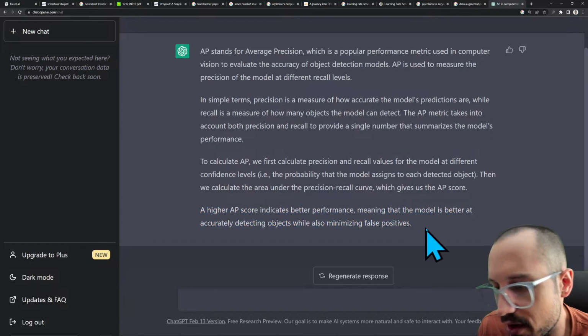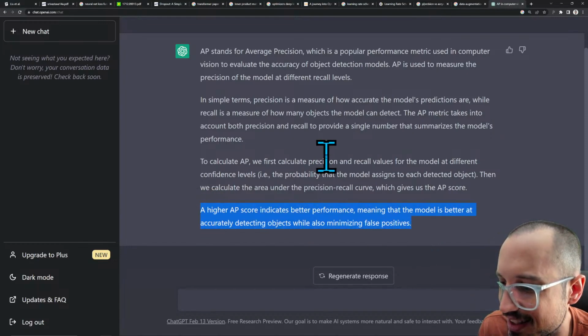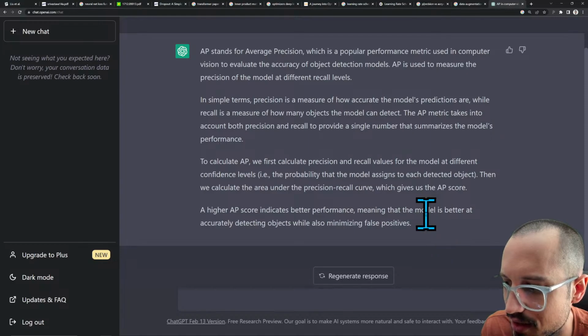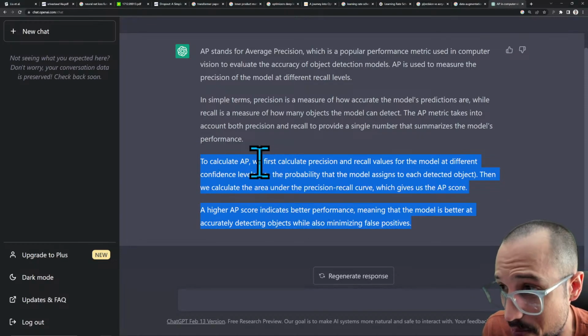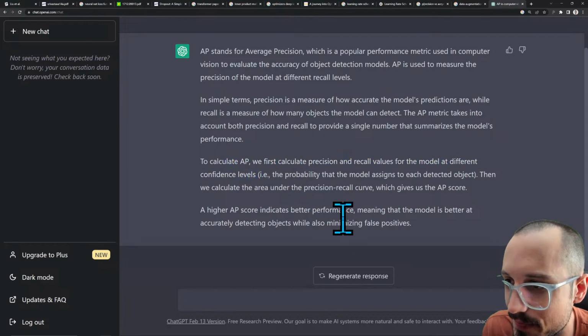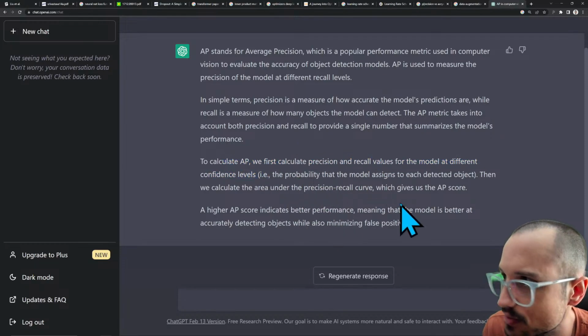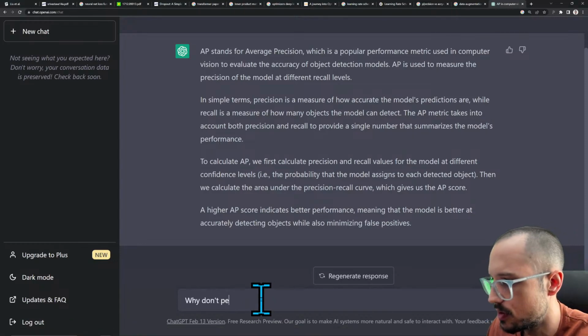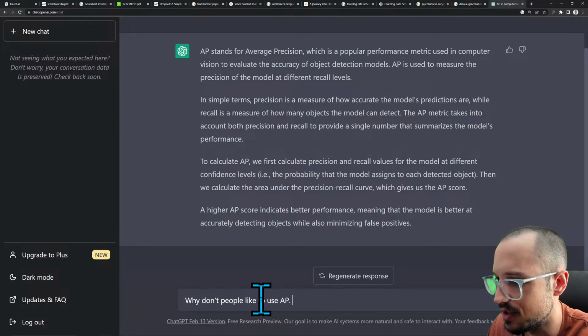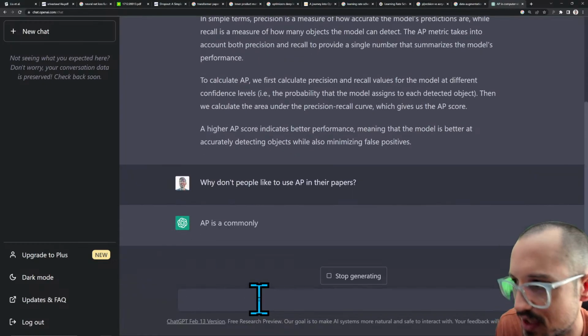So, yeah, I don't know. Maybe this becomes another thing that I rag on. You know, I love to rag on Fréchet Inception Distance and CLIP score as measures of image generation quality, but maybe, Theo, I should also be ragging on AP as a measure of object detectors. Why don't people like to use AP in their papers? Let's see if